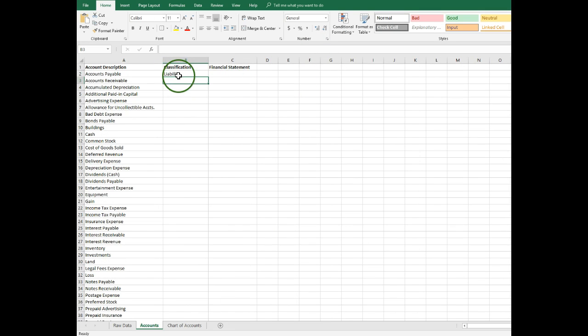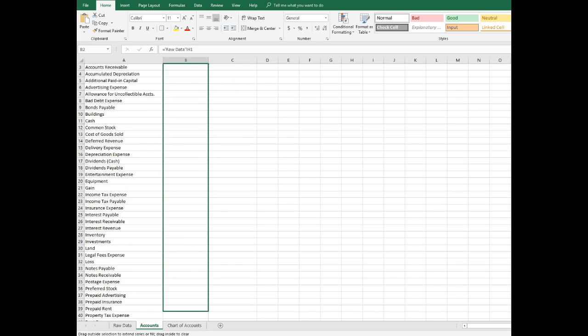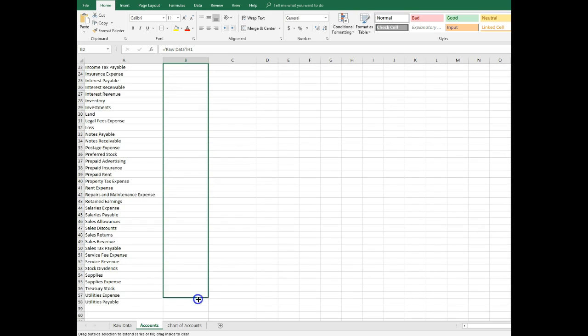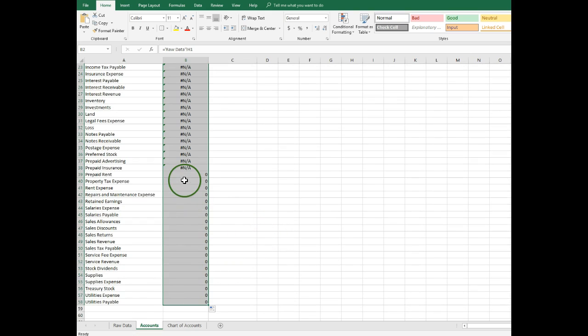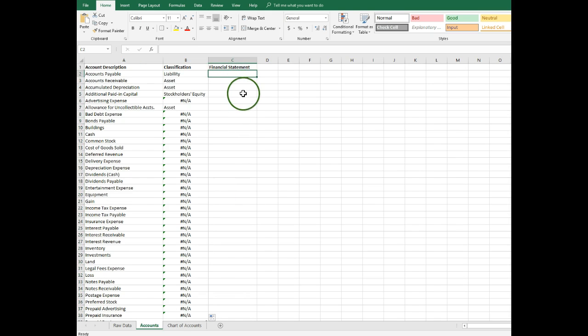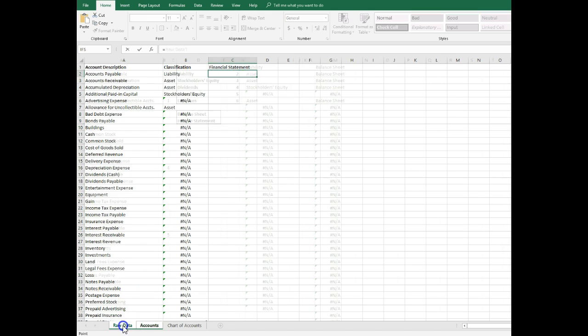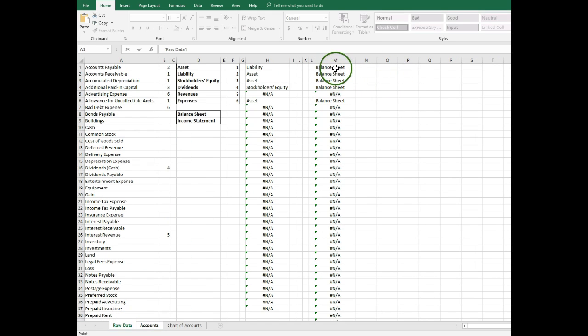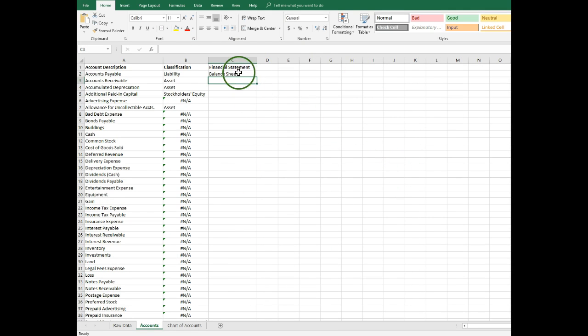So we want the word to come over, not the formula in the cell. So we want the answer to come over, not the formula. Once you do this, again, grab the little bottom part here, bring it on down through all the accounts right to here. You can see most of them don't have answers because we didn't complete the rest of it. Do the same thing for the financial statement. Click here, equal, Raw tab, M1, populate, and hit Enter. The answer comes over. Grab this, bring it down,